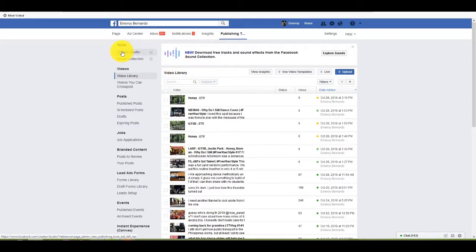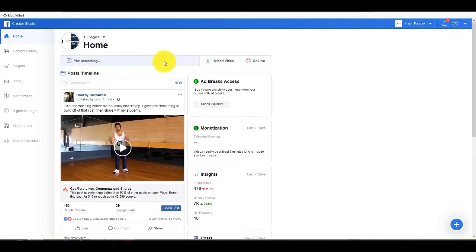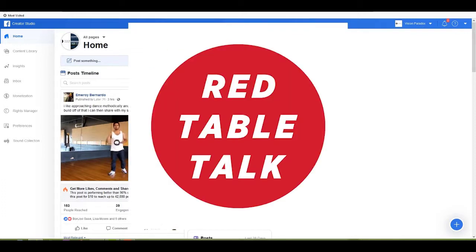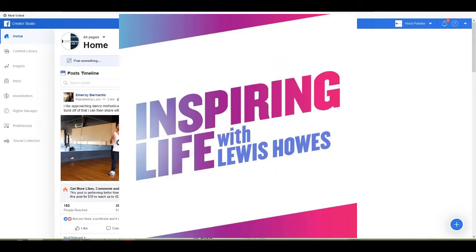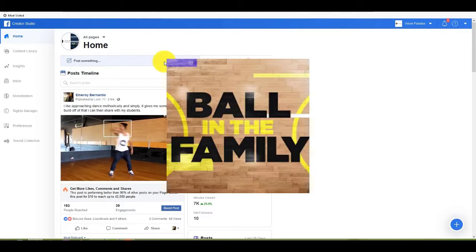So they have Creator Studio, which I think is the equivalent of the YouTube Creator Studio, because Facebook understands that video is where it's at, that's where a lot of the attention is. That's why they're incentivizing a lot of people with a huge following to create original shows. Jada Pinkett Smith with Red Table Talk, Lewis Howes with Inspired Life. They're bringing on people with a massive platform to start creating original shows, like Lonzo Ball from the Lakers and his family have Ball in the Family.